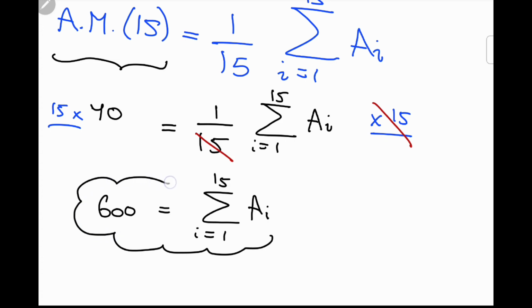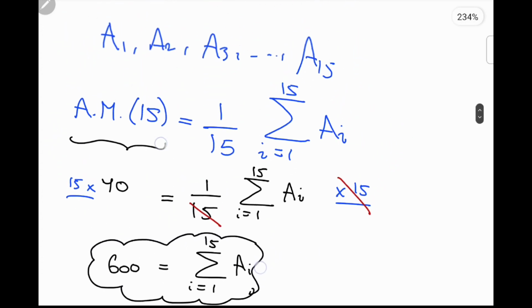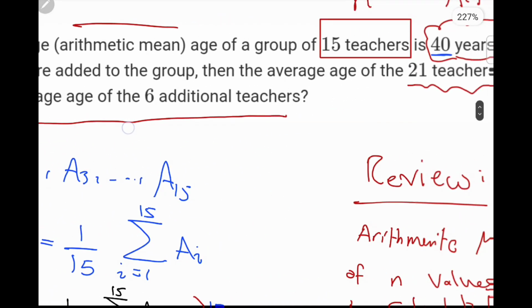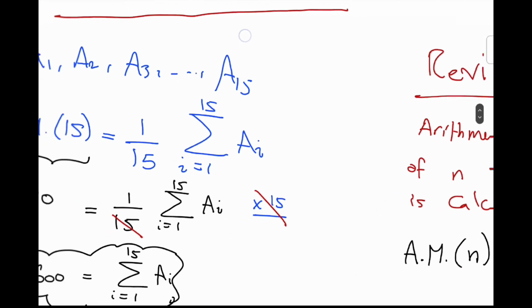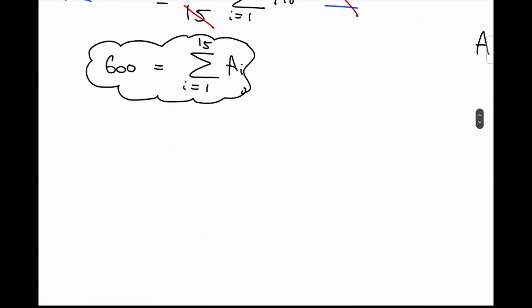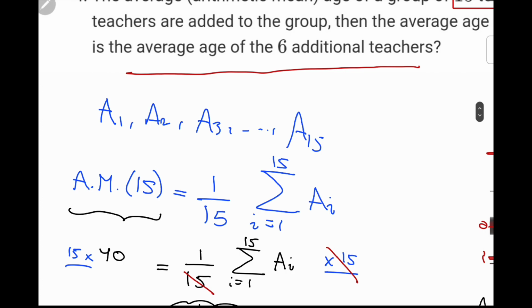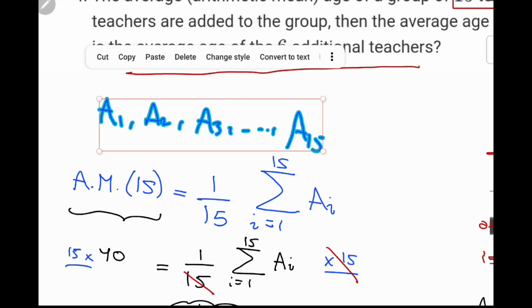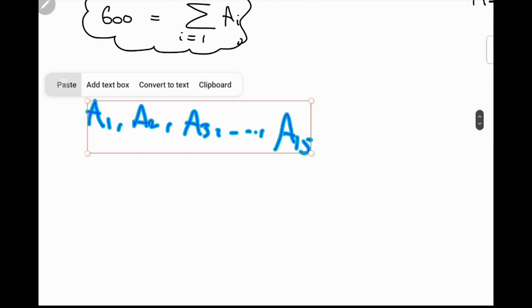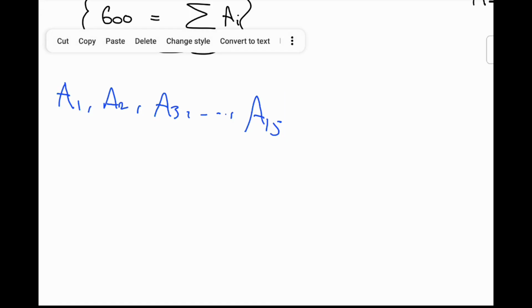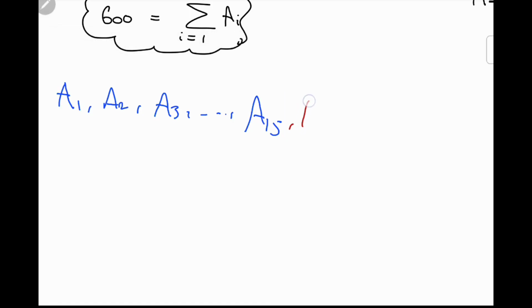So we will need this later on. Now they say that if we add another 6 to the 15, then, so for example, if you take this, copy it, and then they say if you add another